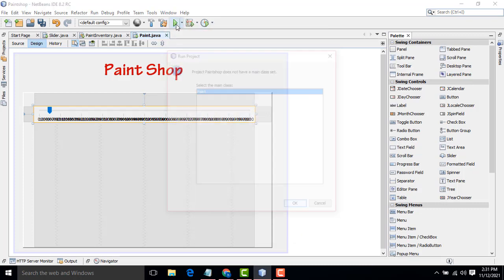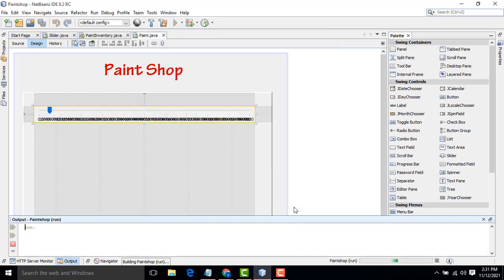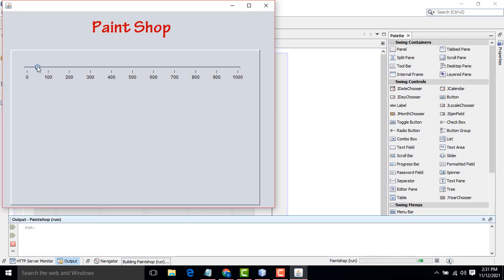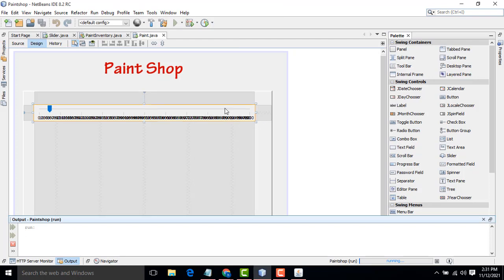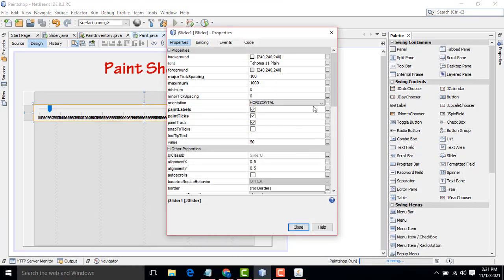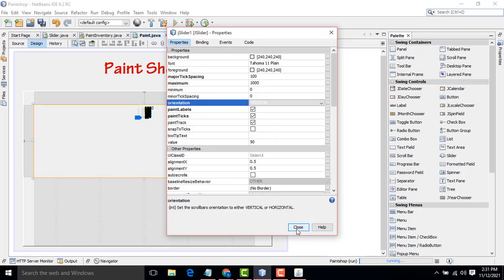Now let's run and check. It's there. Yes, 100. Perfect. Now this is the 1 liter. Now what needs to be done here is I need the vertical one. Right click properties, here orientation vertical, select this one, close it.